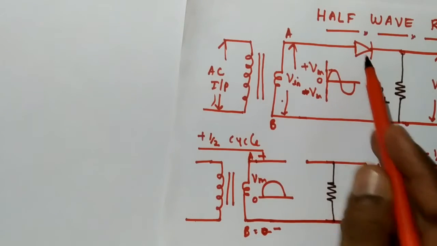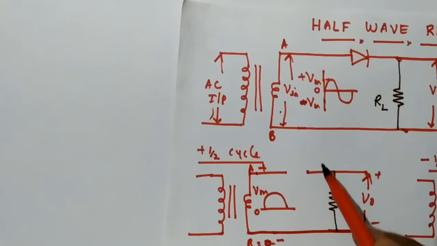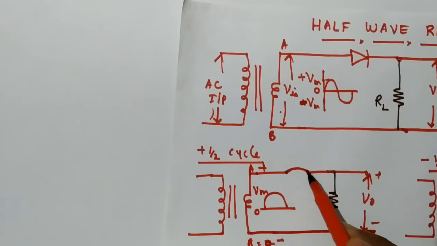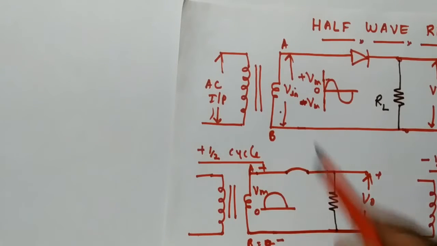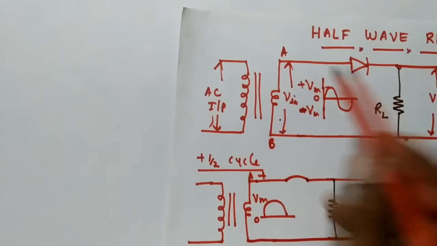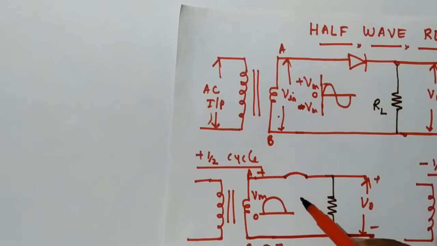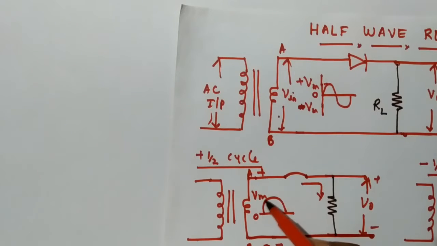Now what about the diode? The diode behaves as a closed switch. So I close this. This is the behavior of a diode because the diode becomes forward bias now, because A is positive and B is negative. So the diode becomes forward bias and acts as a closed switch. Now the current flows through the load and hence we get the output. How much is the output we are getting? See, the load resistor and this are in parallel. Therefore, whatever voltage we get here, that is the secondary voltage, will be available across the load.